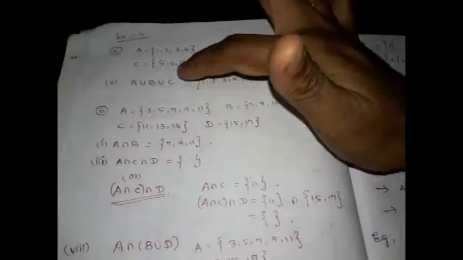But when you have three sets together, don't confuse yourself, because associative and commutative properties are all true for union. So what you can do is first find what is A union B, and then you can find what is A union B union C. Likewise, if you have brackets, first give preference to brackets. First find what is B union D, and then find intersection of this B union D with A. Write the sets one below the other so that you won't make any mistakes. You can avoid your mistakes. Right? Give preference to the thing which is inside the bracket and then find it along with the remaining things.